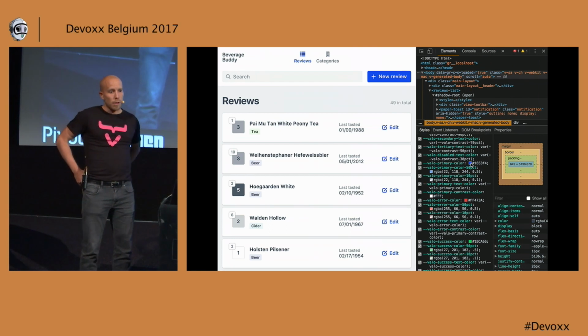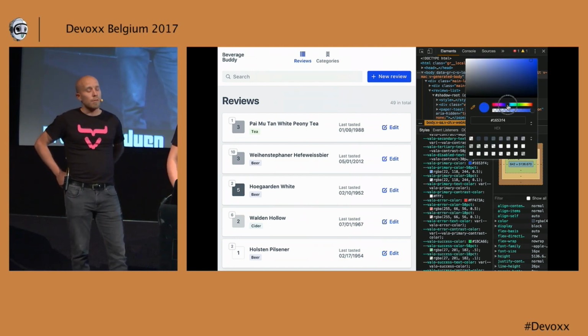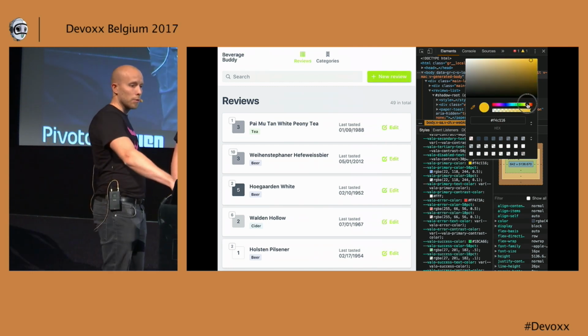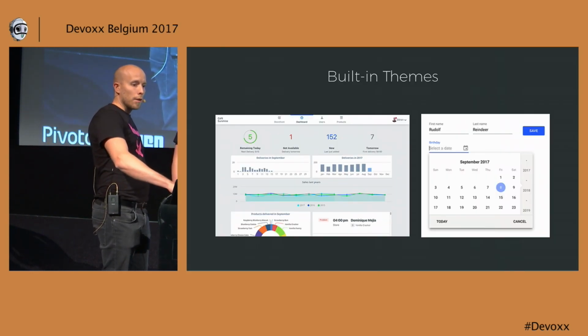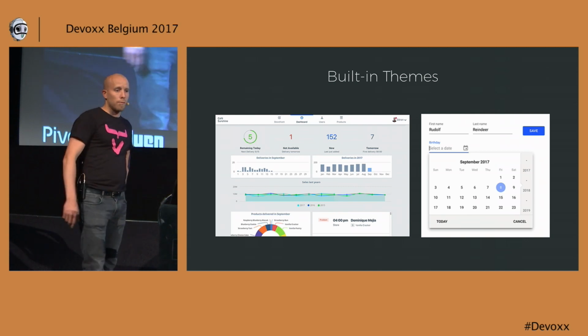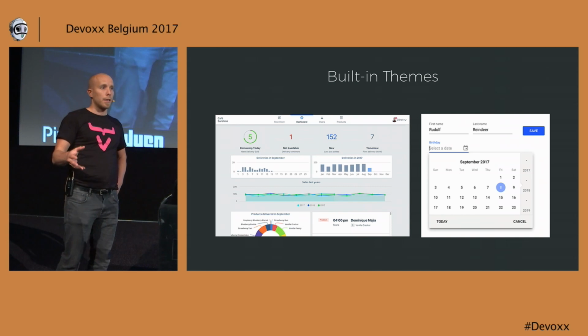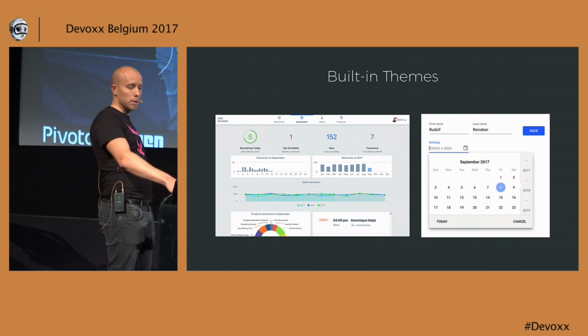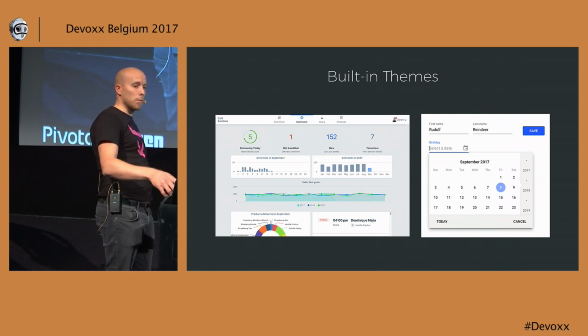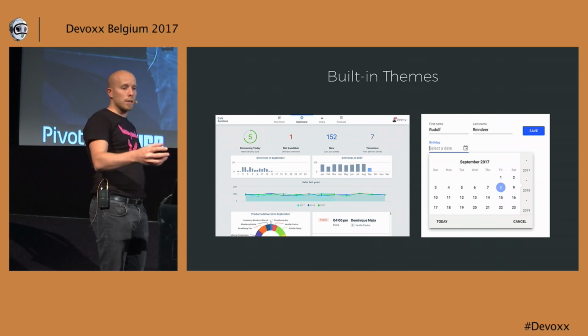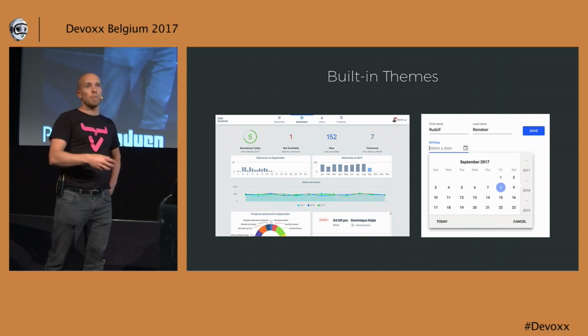So this is a small video where we are changing these variables directly, and there you can see the changes that happen on the UI. There are two built-in themes, so there is the Valo one that you can easily customize, and then we also have a material design theme available for all the components. But that's not that easily customizable. The aim there is just that if you happen to be using Google's material,